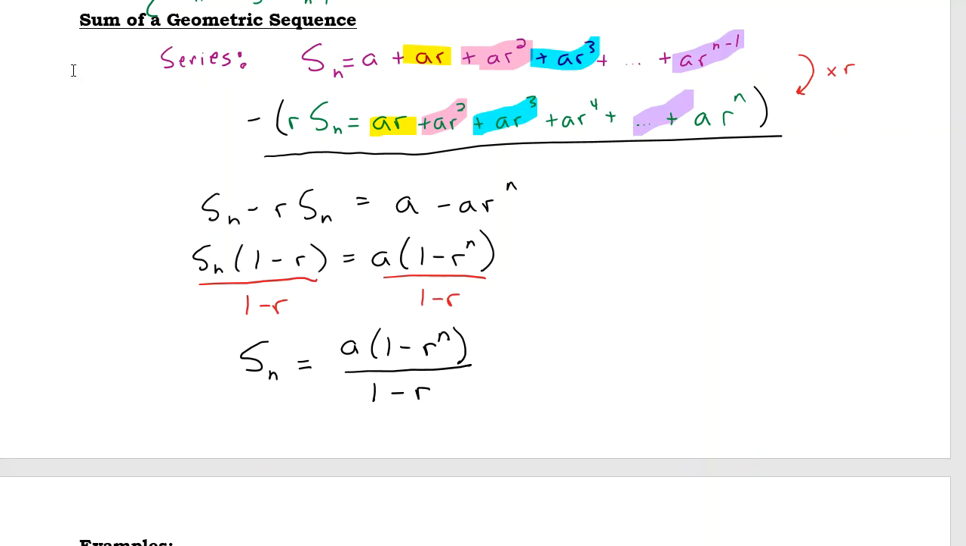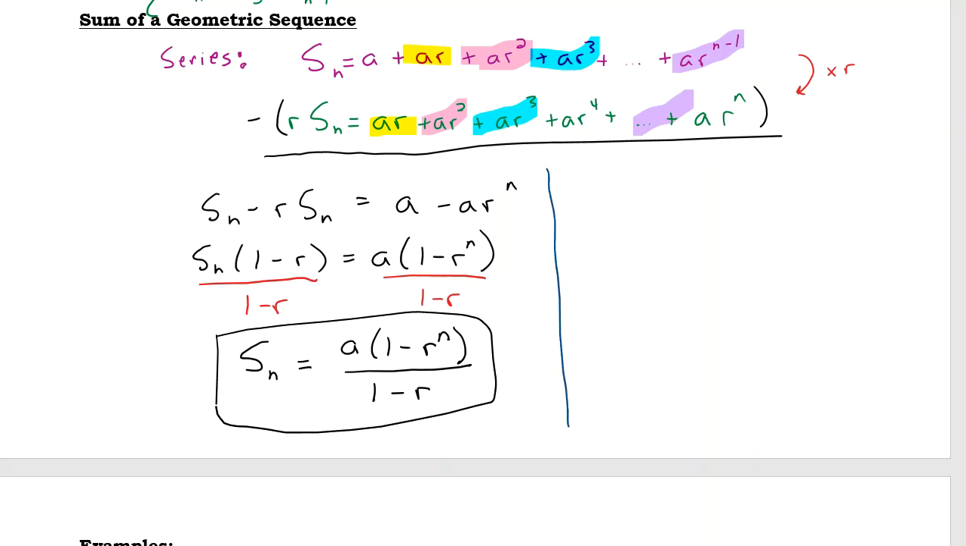Now, if you're having any urges to cancel in this r or this 1 minus r, just resist that urge, all right? You can't do that because this is r to the n. And that's it. That's the formula. Pretty slick. Now, before we go on and look at a more complicated example, let's just look at a really easy example